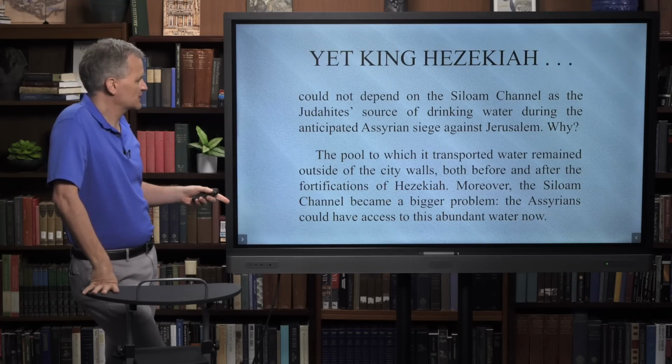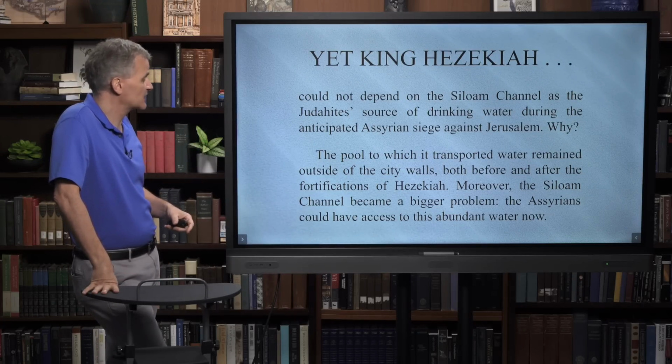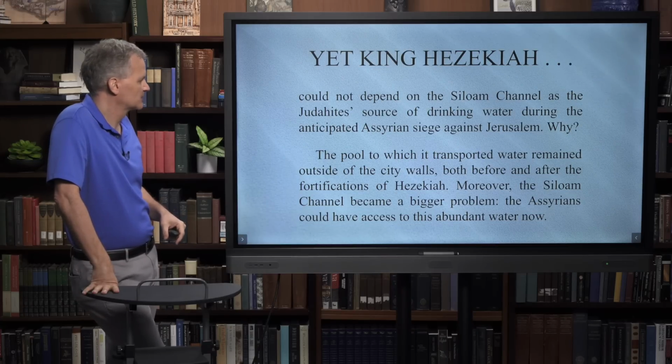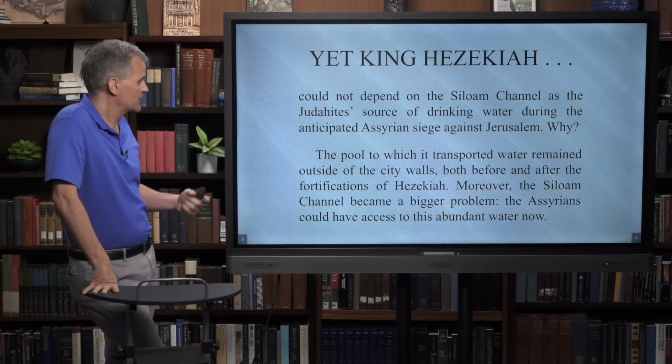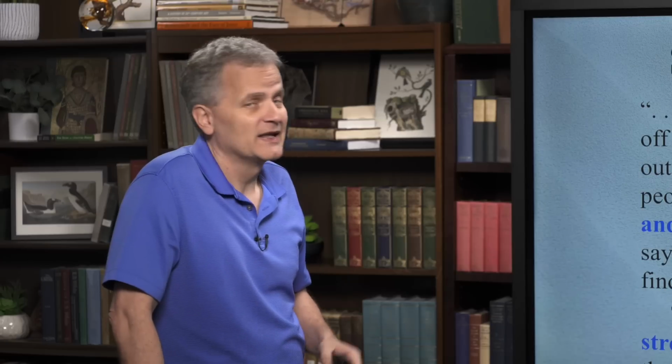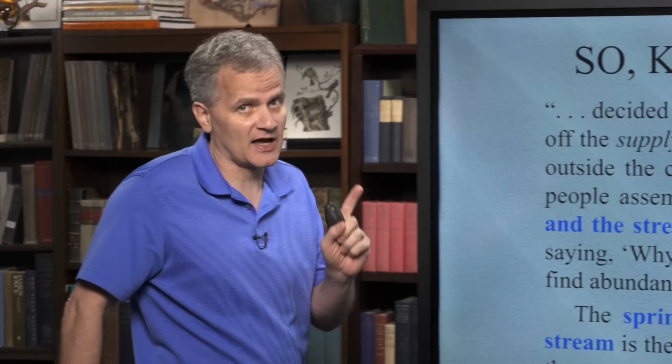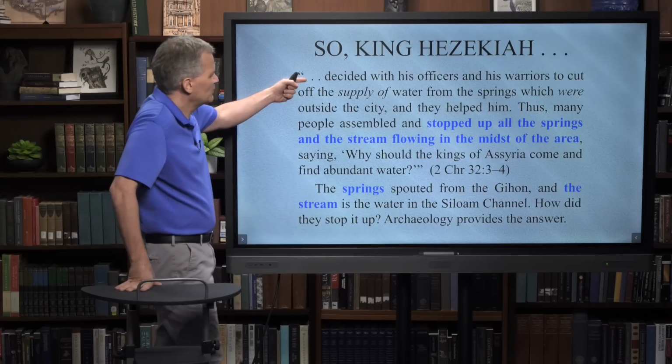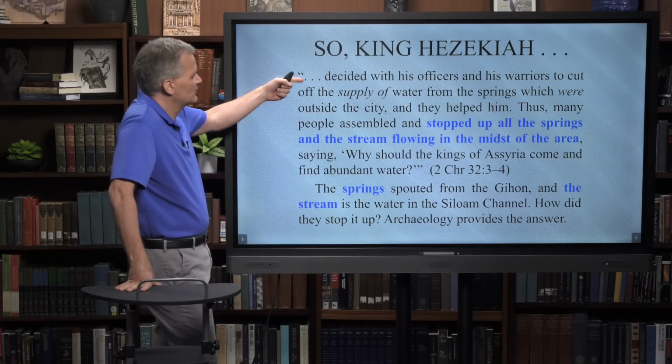The pool to which it transported water remained outside of the city walls, both before and after the fortifications that he built. Moreover, the Siloam Channel became a bigger problem. The Assyrians could have access to this abundant water now. So King Hezekiah decided to do this. He decided, and this is 2 Chronicles 32:3-4,